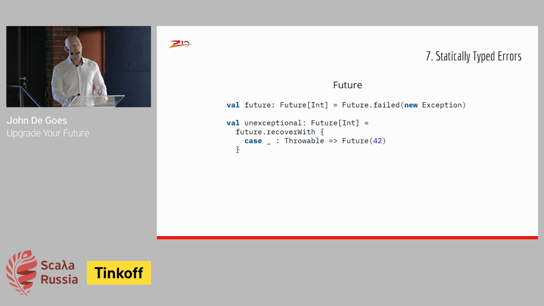And even if you only ever use Throwable, which is fine, that's what many people use all the time, what that means, practically speaking, is that when we recover errors from a Future, the type of our Future doesn't change. We started out in this example with a Future of Int, we handled all the errors, and we get back a Future of an Int. The compiler is not tracking the fact that we've handled all the errors. And we have no way to require that someone give us a Future that can't fail. There's no way to write that constraint. So in some sense, Future is not really taking advantage of the power of a static type system.